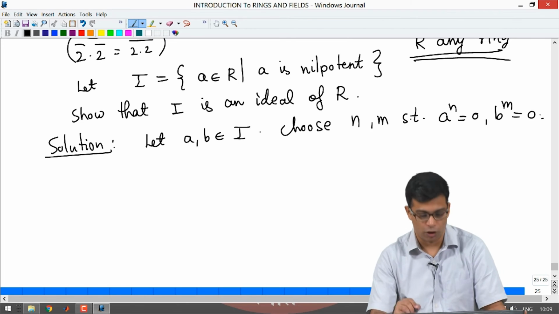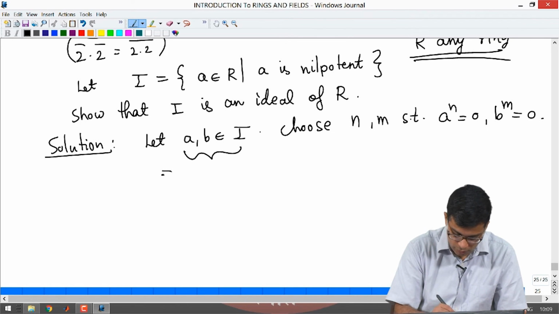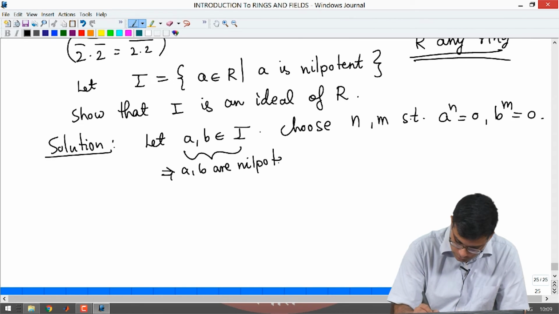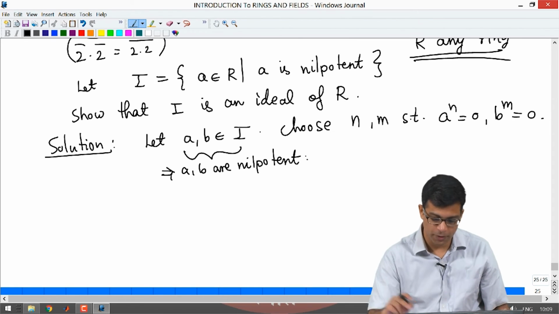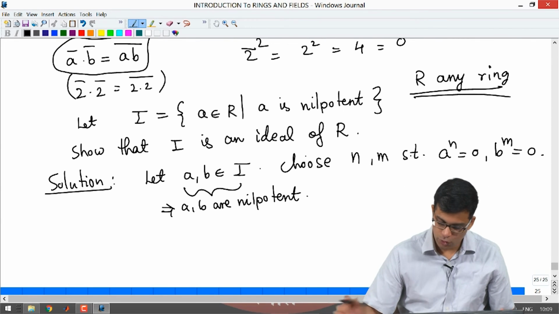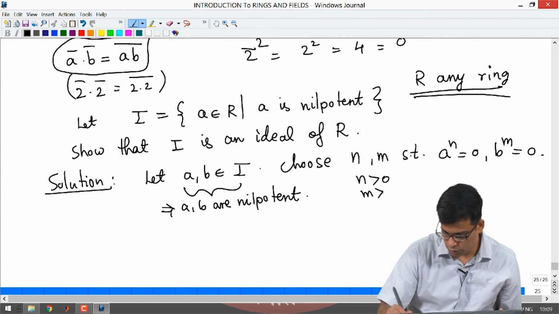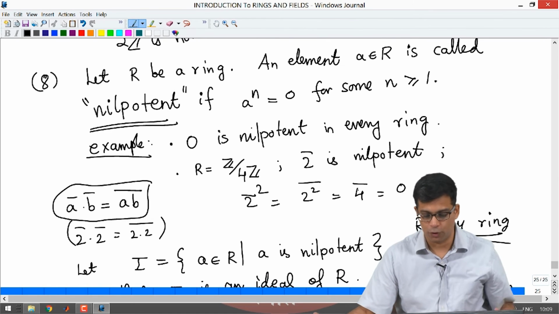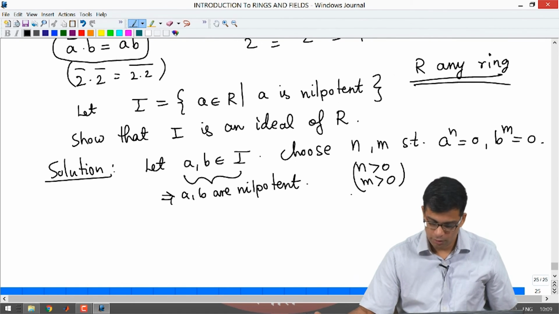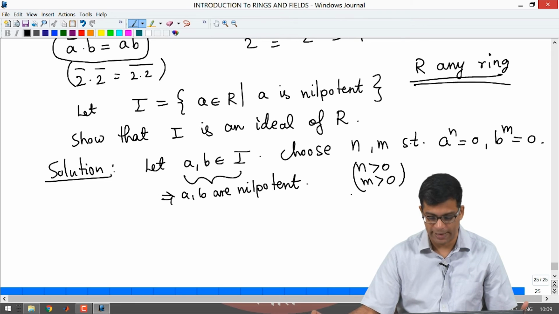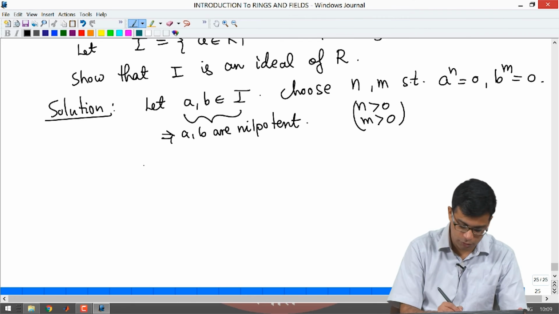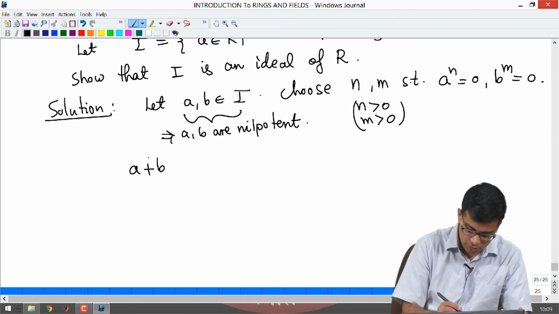Such things exist because a and b are nilpotent. By definition, some power of a, so n is of course a positive integer, m is also a positive integer. The definition is a power n is 0 for some positive integer n. So a power n is 0 for some positive integer n, b power m is 0 for some positive integer m. Okay. So now if you want to show that a plus b is in I,